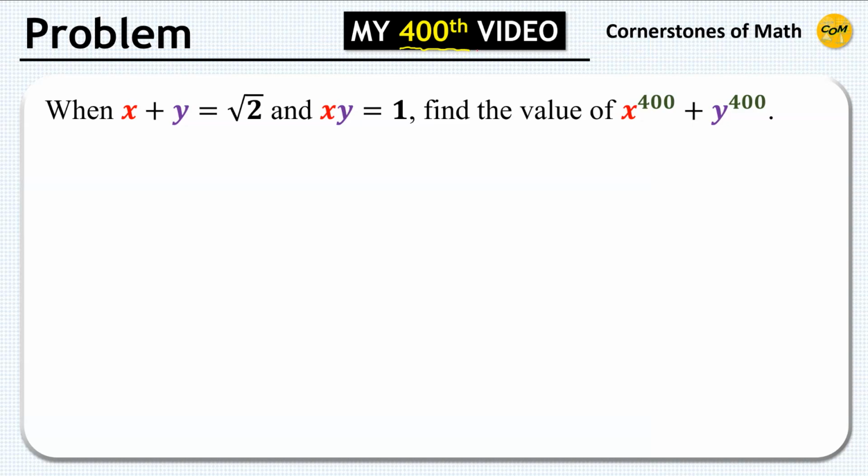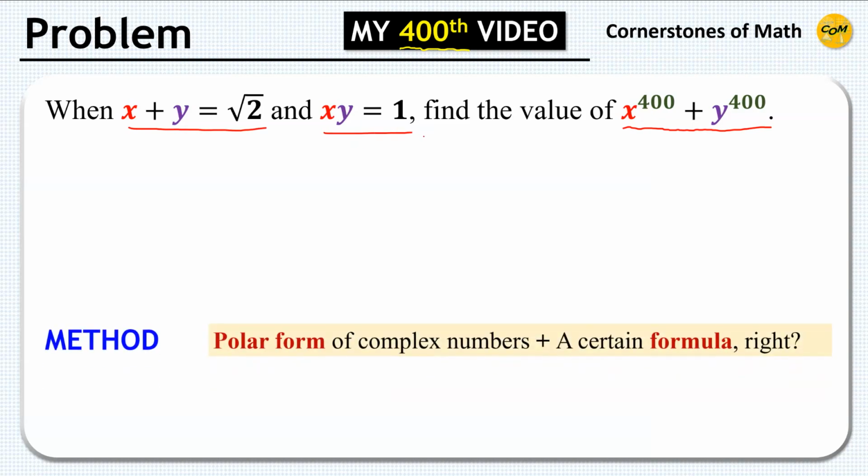And in order to mark such achievement, I am going to calculate the value of x to the power of 400 plus y to the power of 400, given that x plus y equals square root of 2 and xy equals 1. Now some of you might come up with the quickest method right away, which in my opinion is